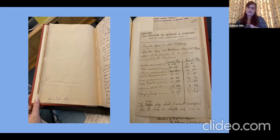But what's really interesting is on the list of the samples, you can see the different types of clay and the different amounts of the different minerals that are in those clays. So it really highlights again what an incredible chemist and scientist De Morgan was. We know him for his artistic qualities, but it's this document that for me really highlights, more than anything else, in a really tangible way, how incredible he was in his knowledge of science and the different amounts of silica and aluminium that were needed to produce